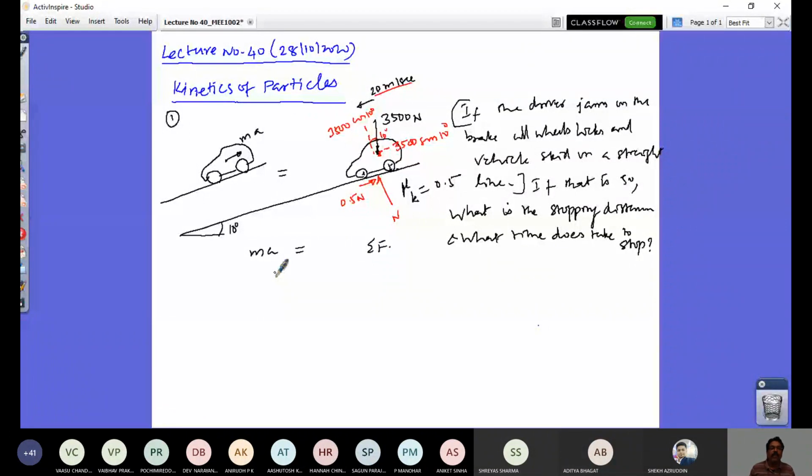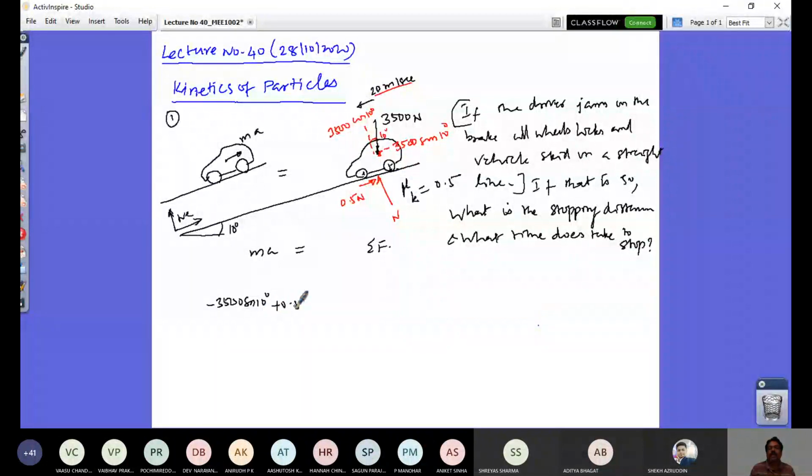So if I apply sigma Fx along this line, if this is positive, if I consider the convention and apply this equation, sigma Fx equals MA, so sigma Fx here is what? Say this force is down, so it is minus 3500 sin 10,